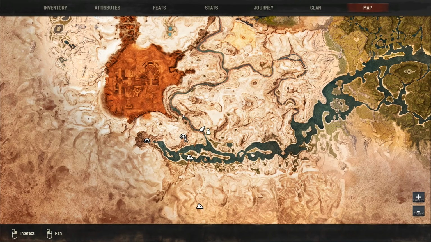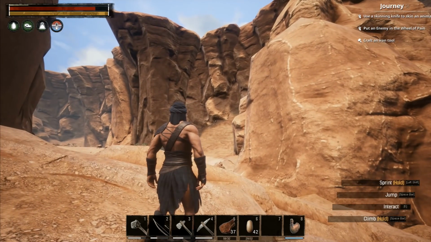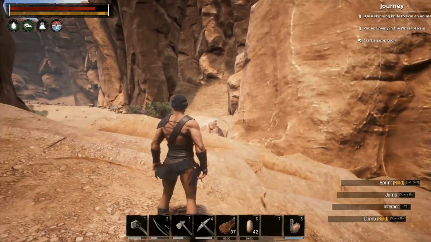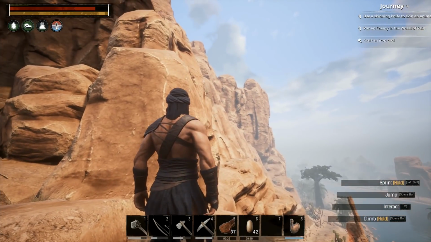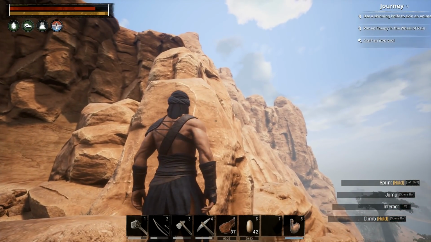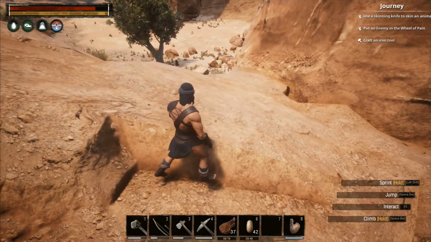It might be better. We may have to go up here. I don't know. It doesn't look like there's going to be any easy way to get in through the cliffs there. Literally the only spot that I can see is maybe up there. Well, we might be able to do it. If I can get past those hyenas,